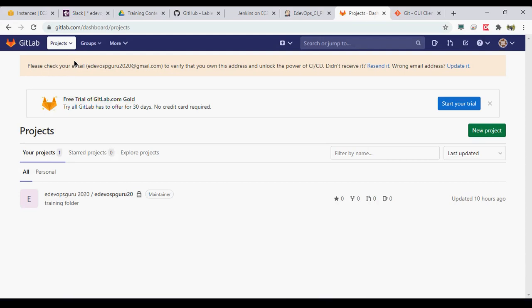For simplicity, we don't have any code on this particular repository. What we will do is configure a webhook on GitLab which would trigger our existing branch. We will showcase how it happens.